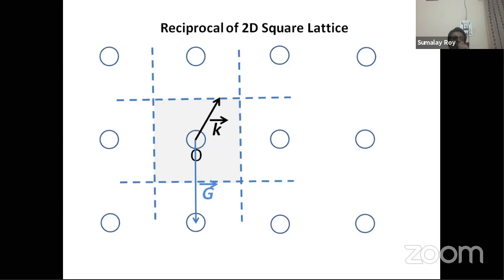The magnitude of the component along the axis G is very easy. Try to see the opposite direction of G. G is along the downwards; there is only the upwards vector G. If I take the component of this K on this G, it will be just half of G. The magnitude will be half of G and the direction is opposite. So the component of K on this vector G is minus half G. So K cos theta will be nothing but minus half G.